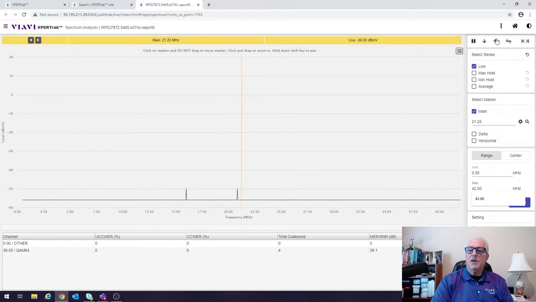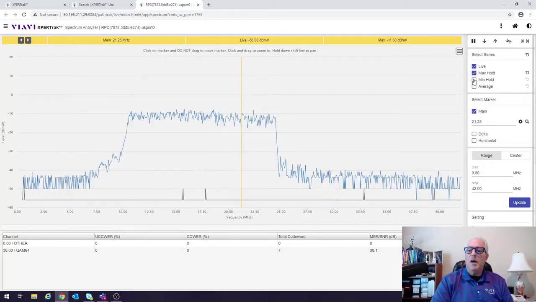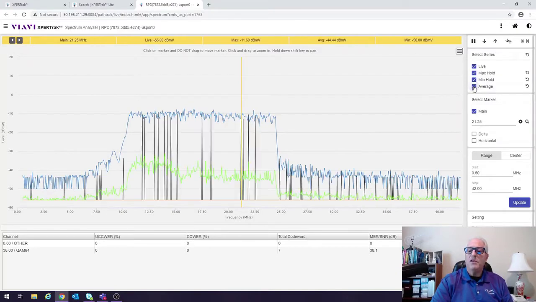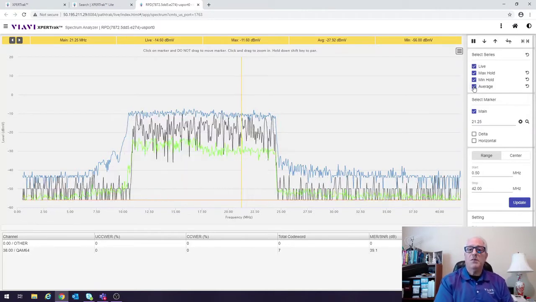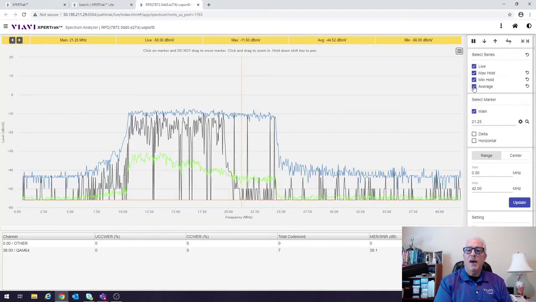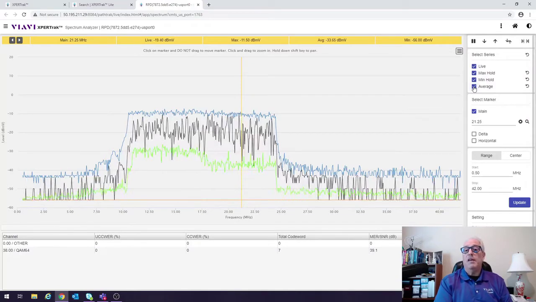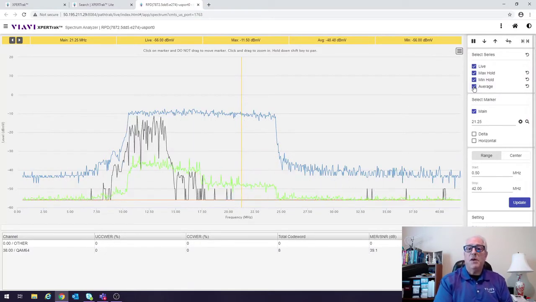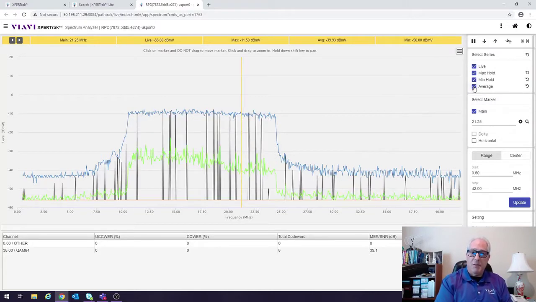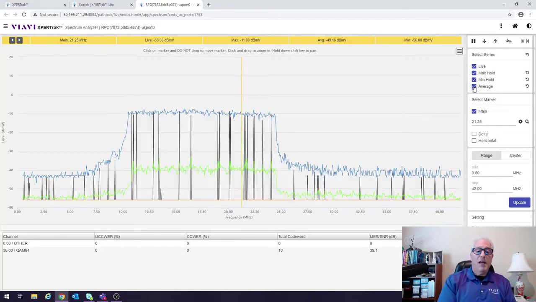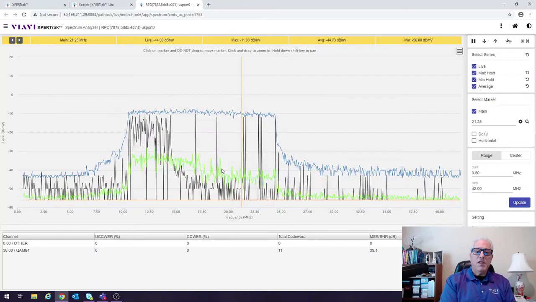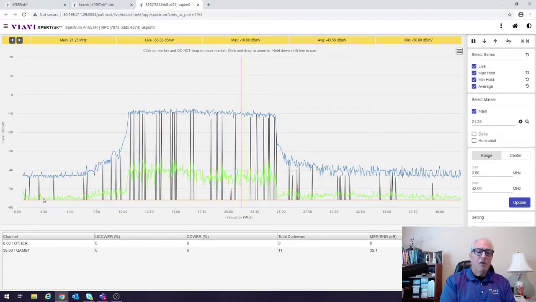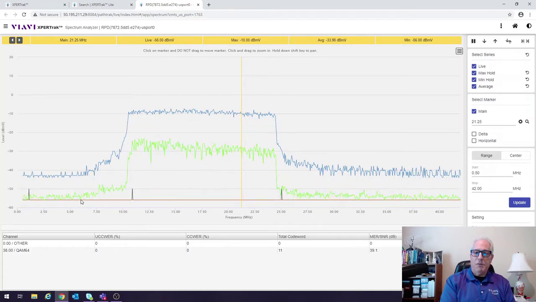The other thing I like to see all the time is my max hold, my min hold, and my average noise floor. That's the green energy over here that I spoke about previously in the spectrum analyzer page, so that we can see if we have out-of-band noise, which would be indicative of, say, a radial crack in the cable or a splice that's gone bad, allowing energy to ingress into the plant, or all the energy is in band, as we typically see here on this OFDM channel coming back up. So we see the rise in the average power level seems to be all internal over here and staying relatively flat outside of the active upstream channel.